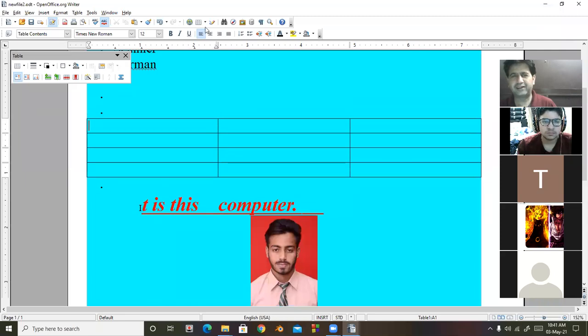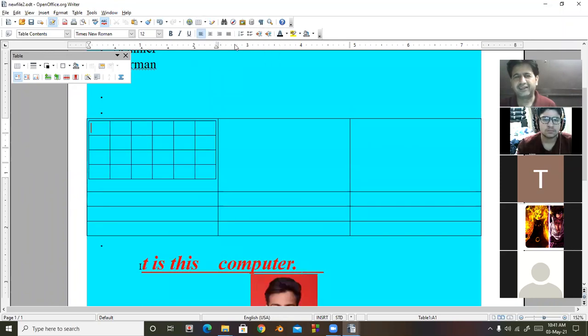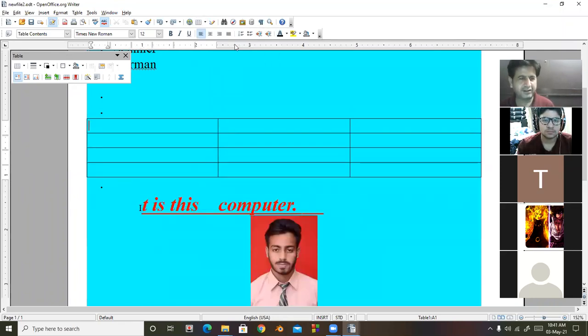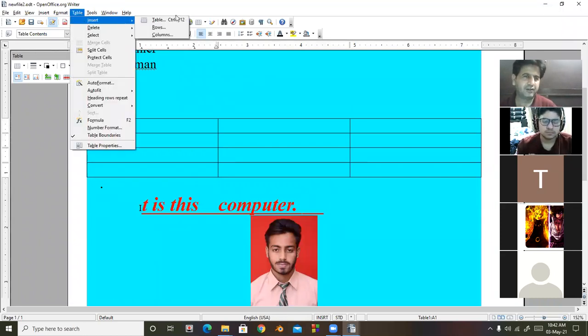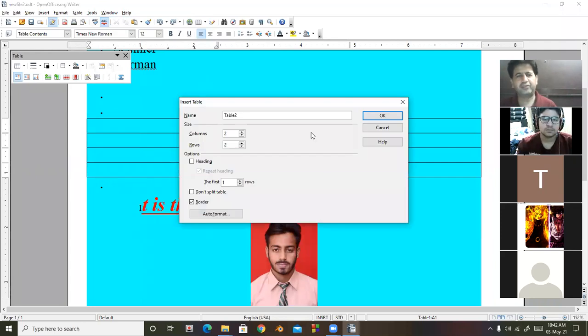You will have to select how many rows and how many columns you want to create, so 3 by 4 or 4 by 4 or 4 by 10. This is the way to create a table. Another way is click on table, click on insert, click on table. You will have to specify the number of columns and number of rows you want to insert, then click on the OK button.